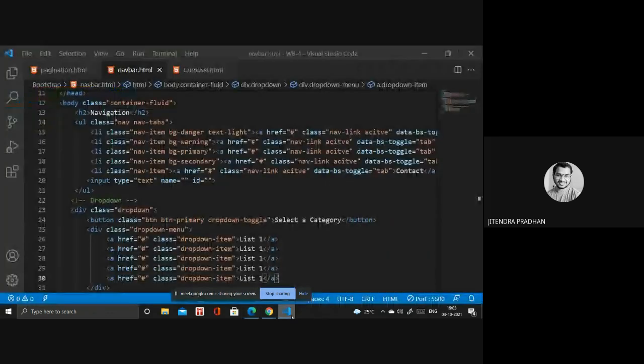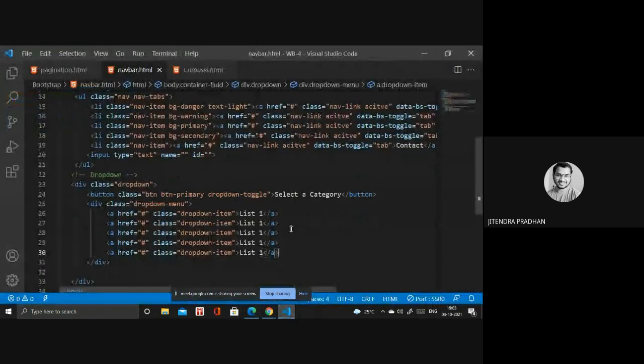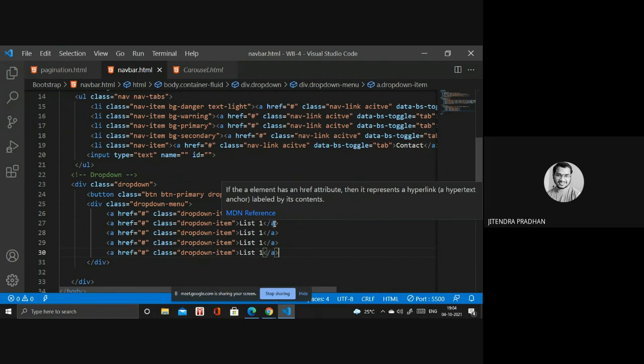We need to write a toggle button inside the button. Wait, I will check. Drop down item is already done. Yeah, so I think we require disable. I will design something other.